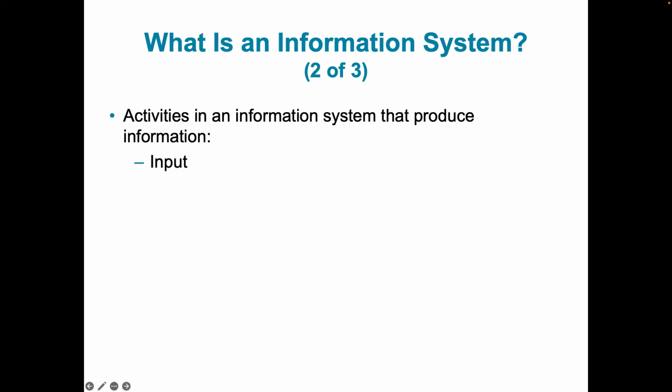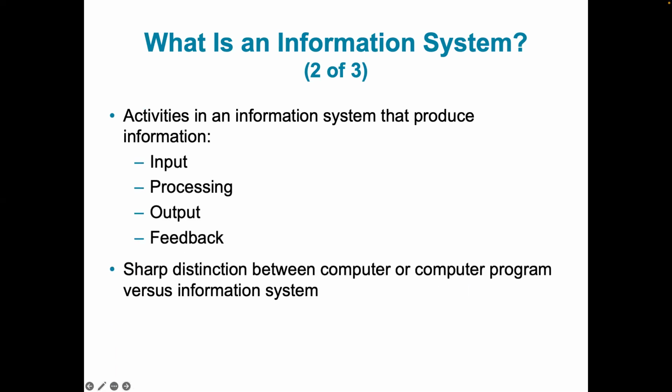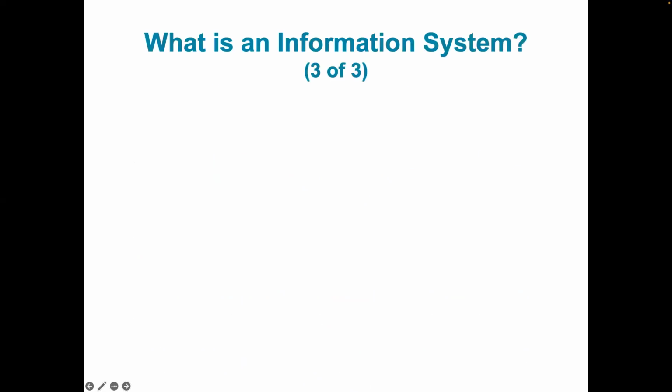Okay, so we looked at this, and we said that the critical activities in an information system will involve inputting, processing, output, and then the process of feedback. Here, we were critical in understanding what feedback could mean. And we said that it could either be positive or what? Or negative, right? Where we considered negative being corrective and then positive being a reinforcement mechanism. Okay?